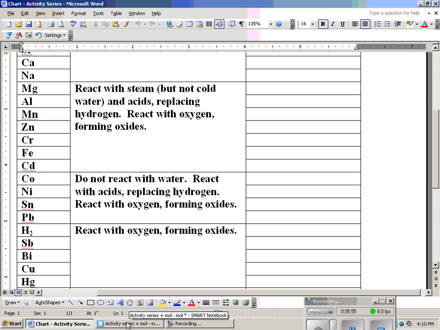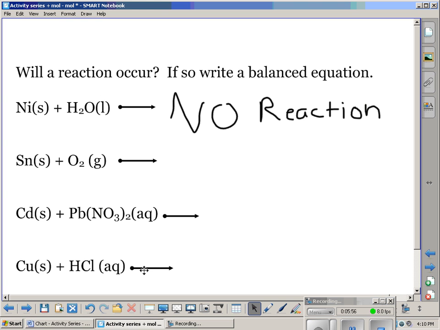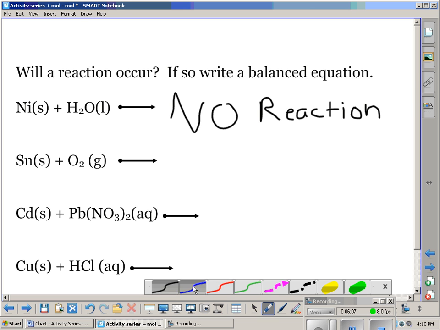Okay, let's look back at our equation. This reacts with oxygen, forming an oxide. Now, we don't know what the charge on this is. It doesn't really say. Let's just assume that it has the same charge as oxygen. So that makes it a little bit easier. So we can put together one tin with one oxygen. Okay, we have an equation, but here it says to write a balanced equation, so we need